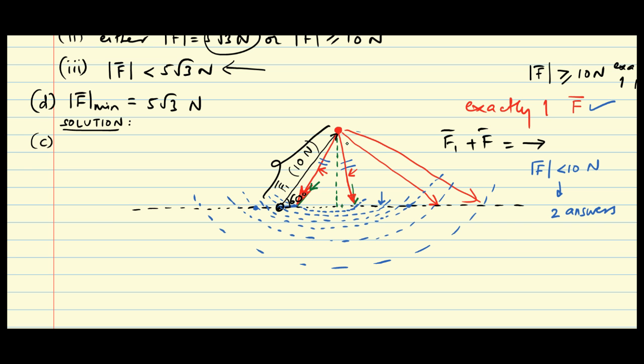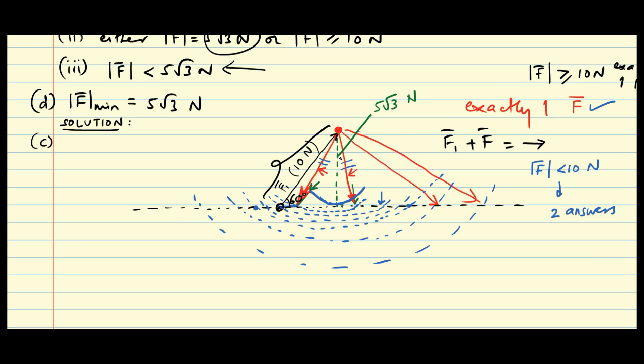So it is this perpendicular distance which is 5 times √3 newtons. Now what happens if I draw an arc of radius 5√3 newtons? So this is the arc that I will get. You will see that suddenly what seems to happen is the arc intersects the horizontal dotted line